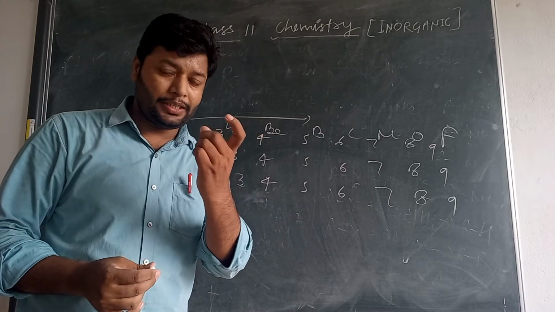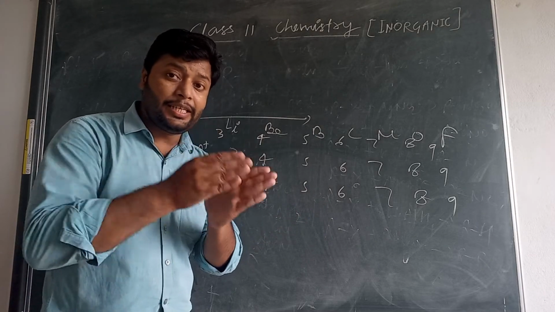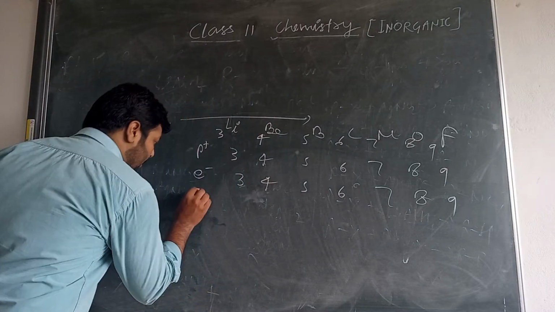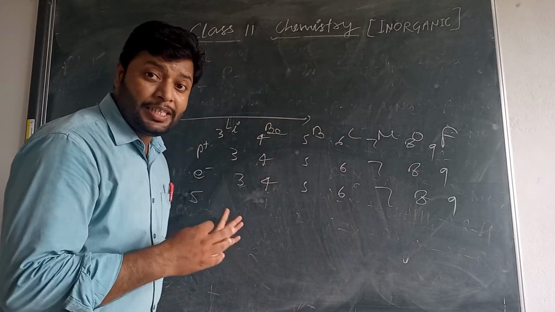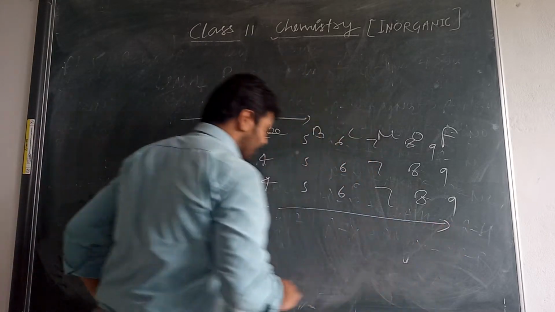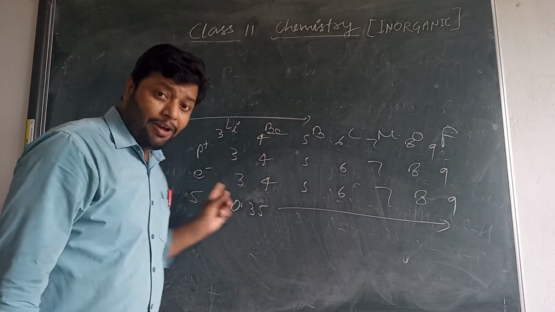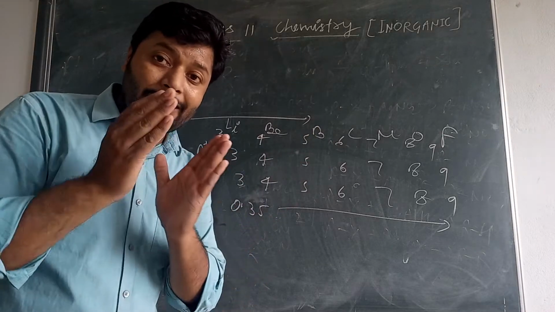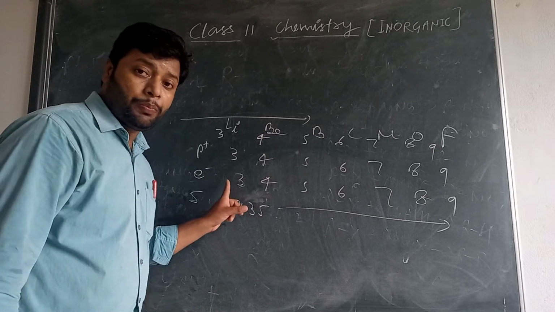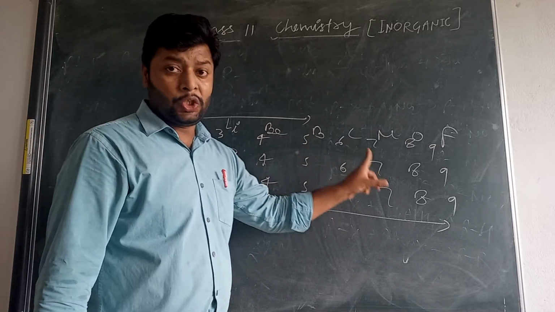That is called the screening constant. Each electron screens the nucleus by itself by some particular value, and that is called the screening constant value, which increases with 0.35. That is the screening of electrons along the period. Screening of the electrons along the period is just increased by 0.35 each time, then 0.35, 0.35, 0.35, 0.35.